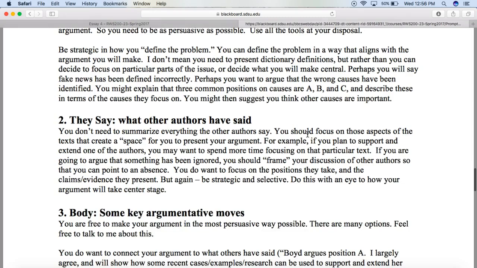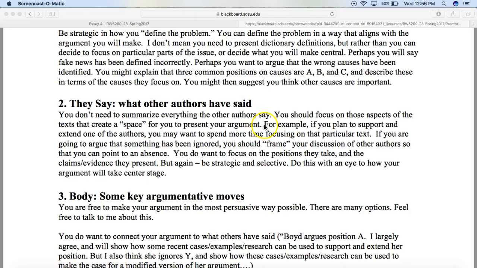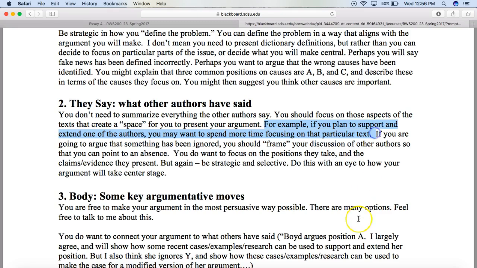And then there was another statement here that gave you guys a little bit of trouble. For example, if you plan to support and extend one of the authors, you may want to spend more time focusing on that particular text. That does not mean that you only use one source for your whole paper.